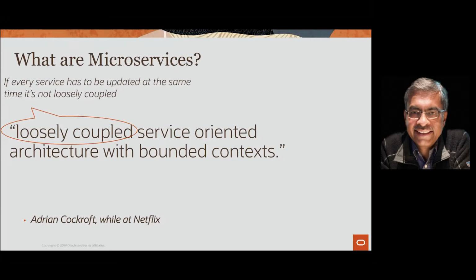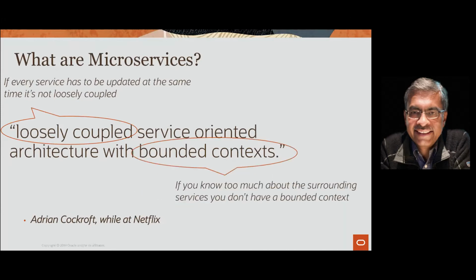And the second is bounded context. If you know too much about the surrounding services, then you don't have a bounded context. There's some isolation involved in having a microservice. So using these as guardrails, we can say there are many questions. It's just not a tried and true science yet. It's about thinking about the concepts of domain, concepts of coupling, concepts of APIs, concepts of event buses, all those things. So there's the messaging component that starts to get involved as well.